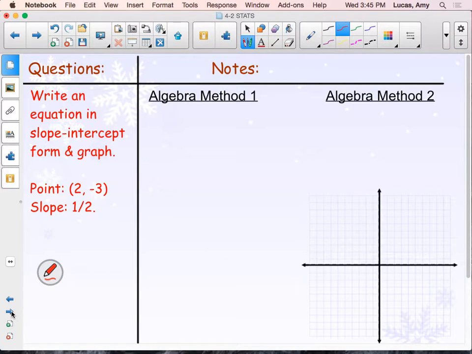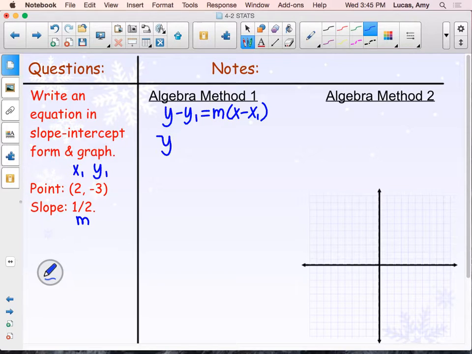Our first example says write an equation in slope-intercept form and graph. The point that's on the line is (2, -3), and the slope is 1/2. I'm going to teach you two different algebra methods to use for solving these types of equations. The first algebra method is going to be using point-slope form. Okay, if we take our point and plug it in for x1 and y1 and our slope 1/2,